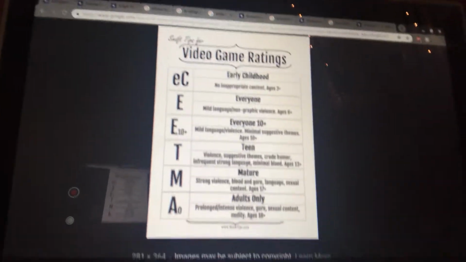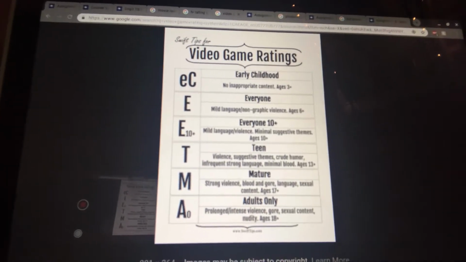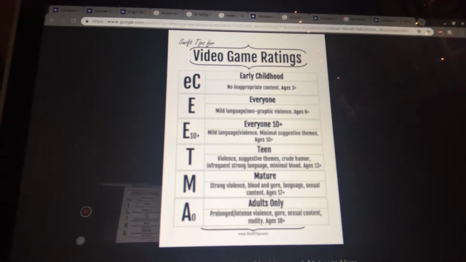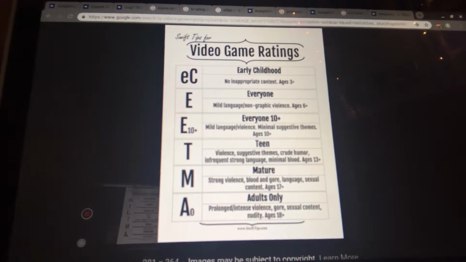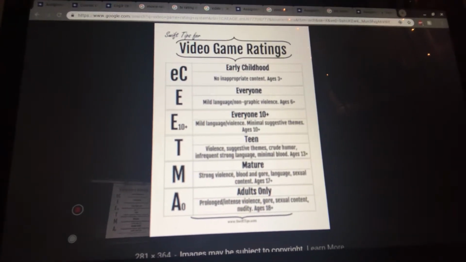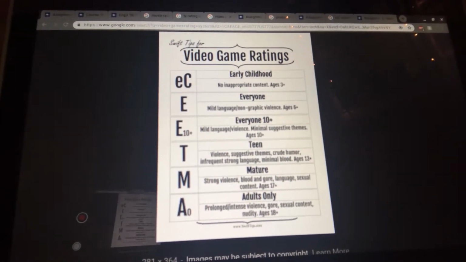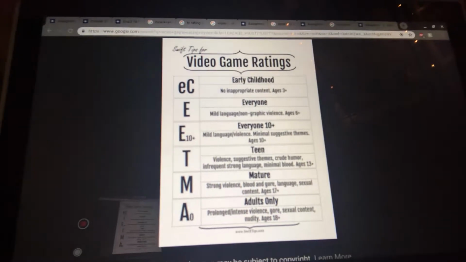These ratings are used for seeing if you can buy the video game. For adults only, you would have to show ID that you're 18 or older when you go to buy it at a game store. An example of that kind of game would be Grand Theft Auto, which is really popular with people in their younger 20s currently. And then, so those are the different rating systems of movies, TV shows, and video games.